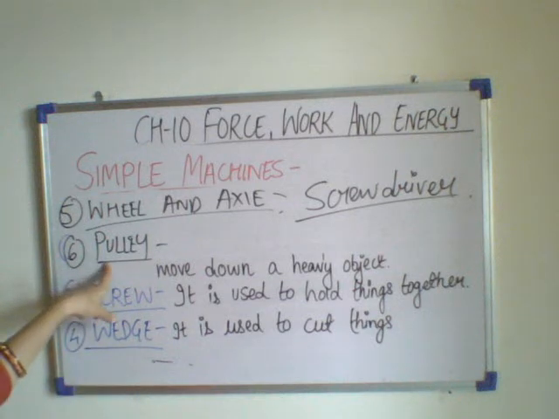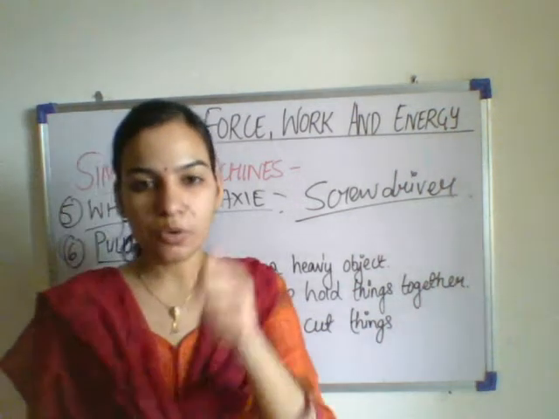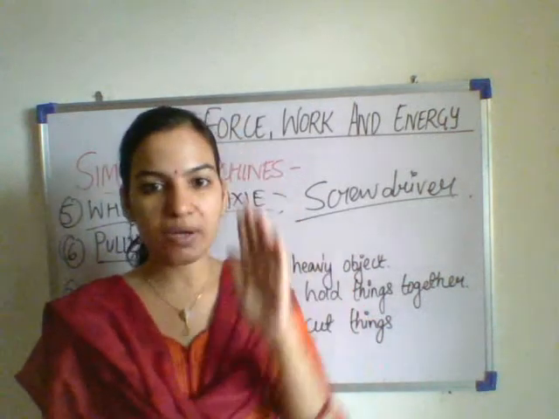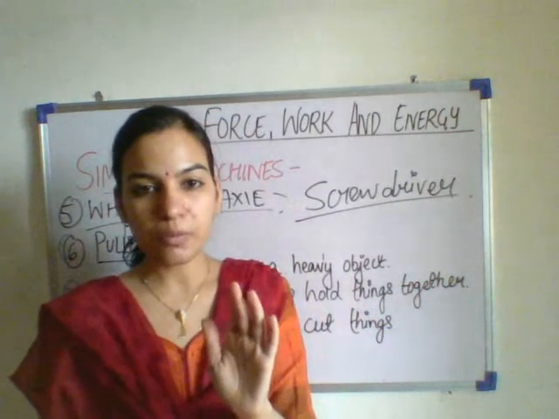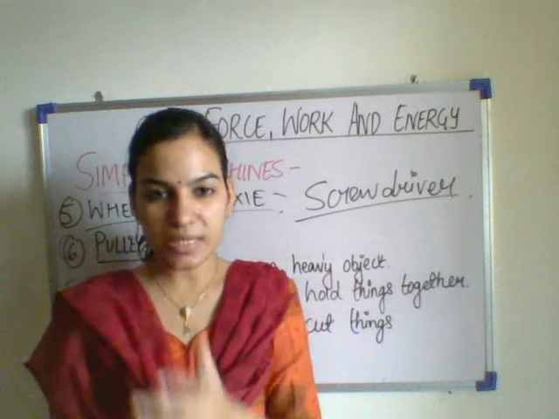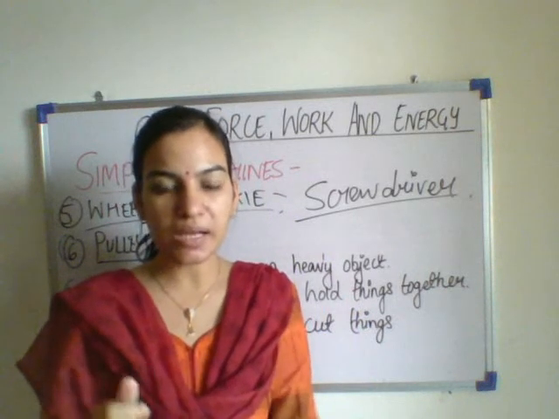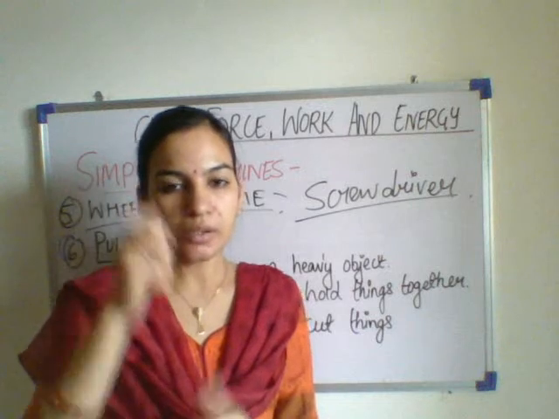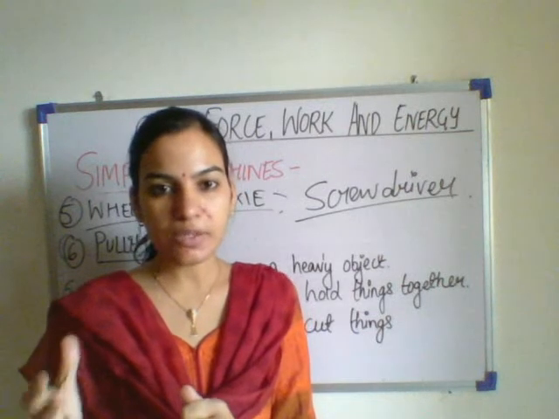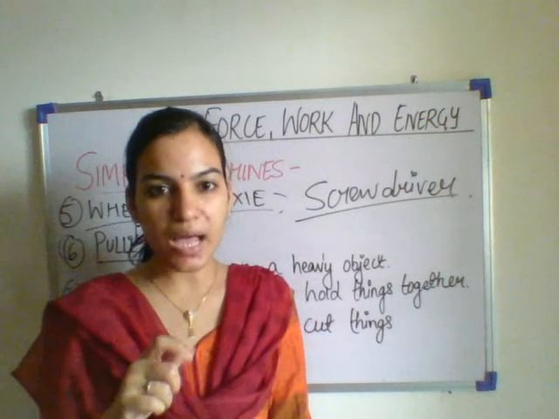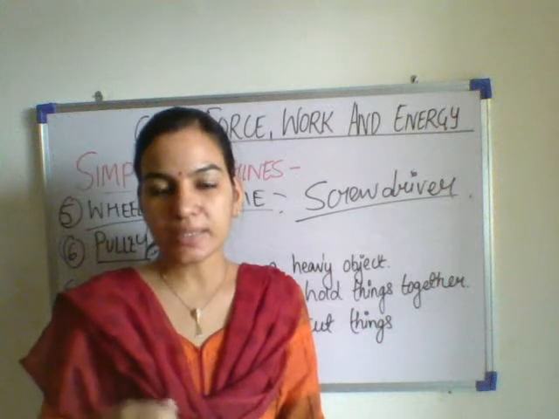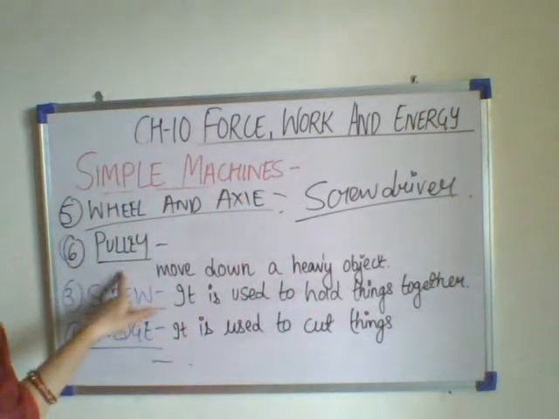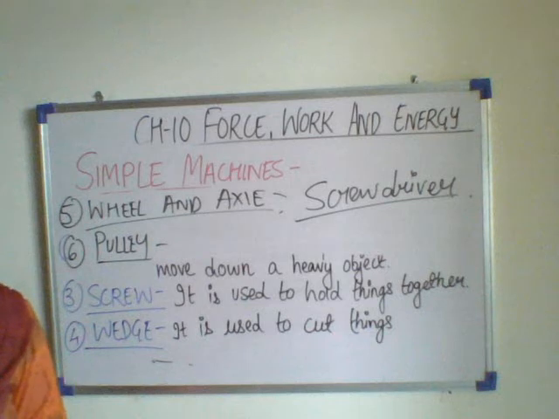You have seen the pulley in the wells. The rope is there. To the rope the bucket is attached, and that rope moves over a pulley, and we used to easily pull that rope, and the bucket full of water used to come up. The bucket filled with water is very heavy, and with the help of the pulley the bucket easily moves up from the well. So the pulley is used to lift heavy objects.